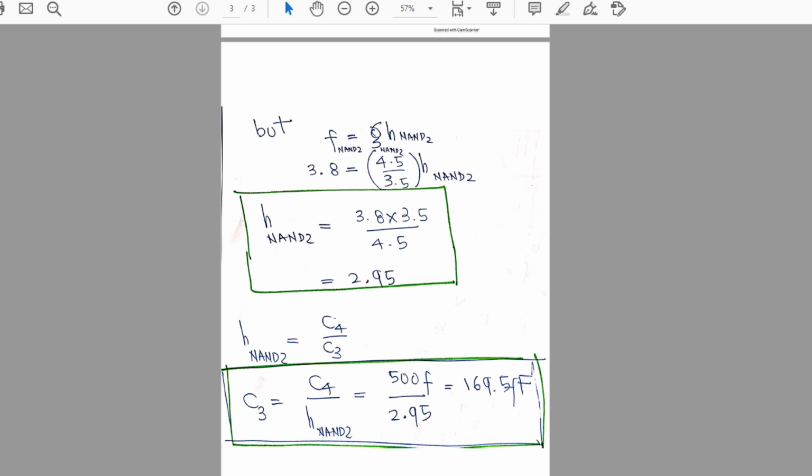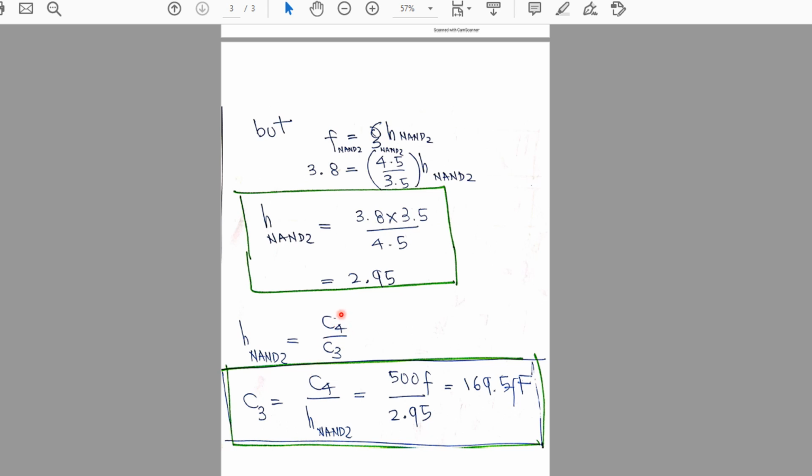Here we will find f of the final gate NAND 2, which is G of the final gate times H of the final gate. So f of the final gate is the same as f, which is assumed to be the same for all gates in the chain. We computed in the last slide, it's 3.8. G was computed in the first slide, times H of NAND 2. So we can straight away compute H of NAND 2, where H of NAND 2 can also be written as the output capacitance divided by the input capacitance of the final NAND gate.